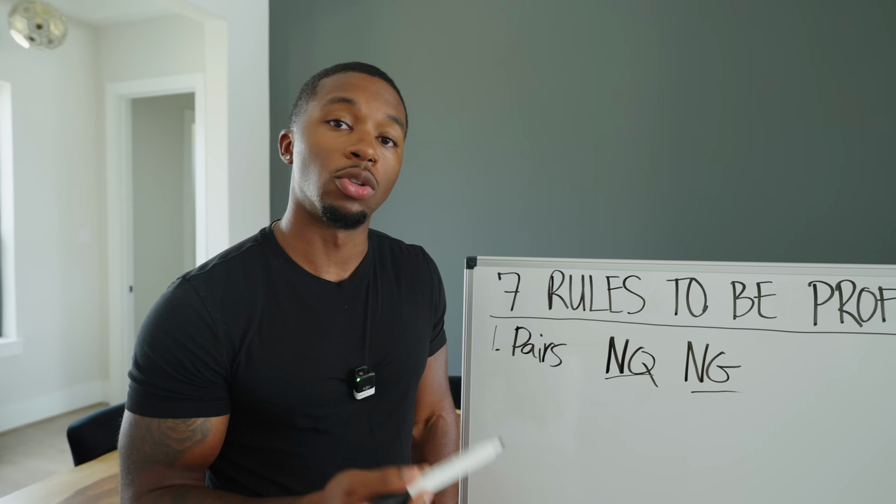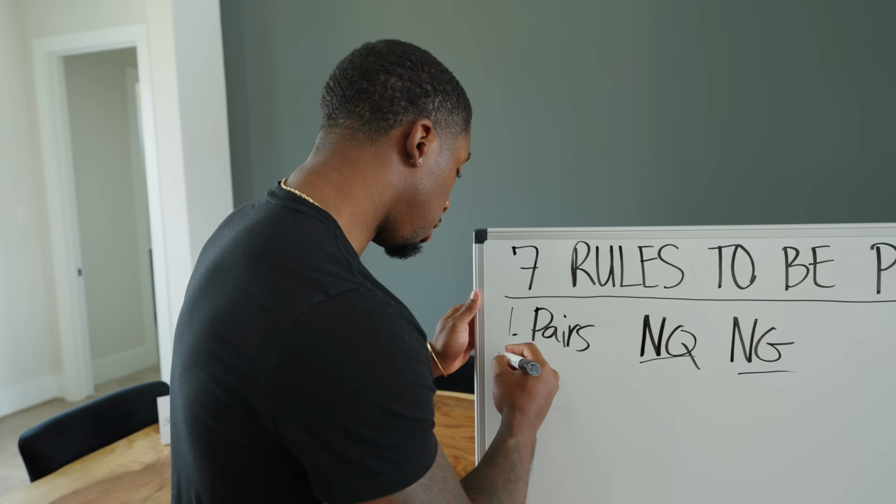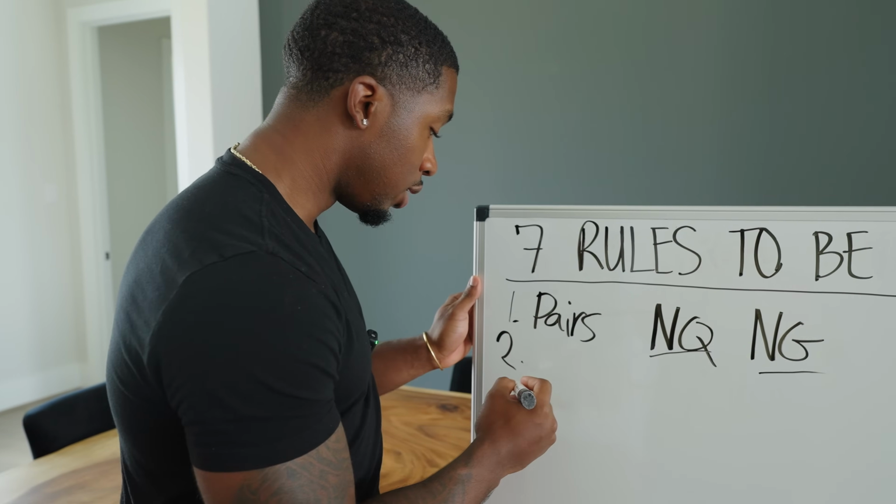And that's why I've gotten to know their personalities and know how to trade them the best way possible. Next thing, which is extremely important that a lot of people do not pay attention to,